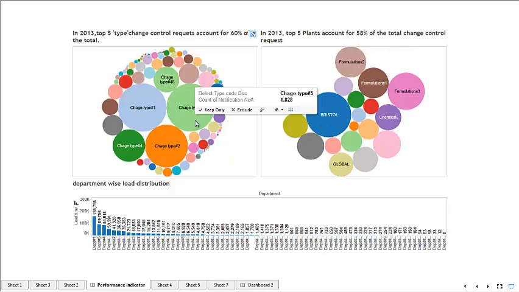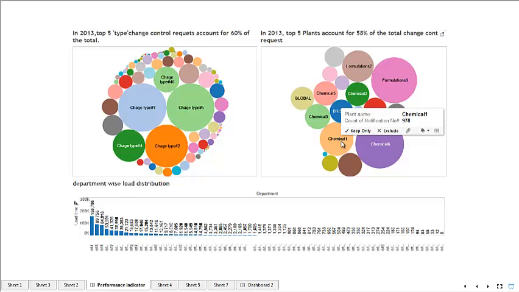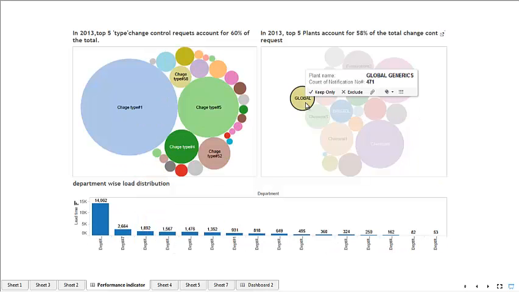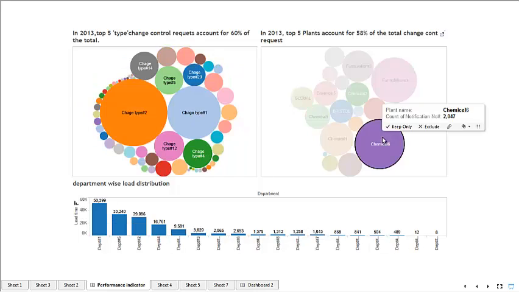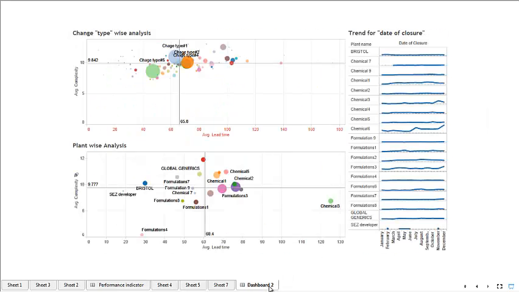Also, if we click on any particular plant, if you want to see what are the types of change controls that are being used in chemical plant 1, once we click on it, we can see what are the different types of change controls in this plant and what are the departments which are working on these types of change controls. So this being one dashboard, our other dashboard